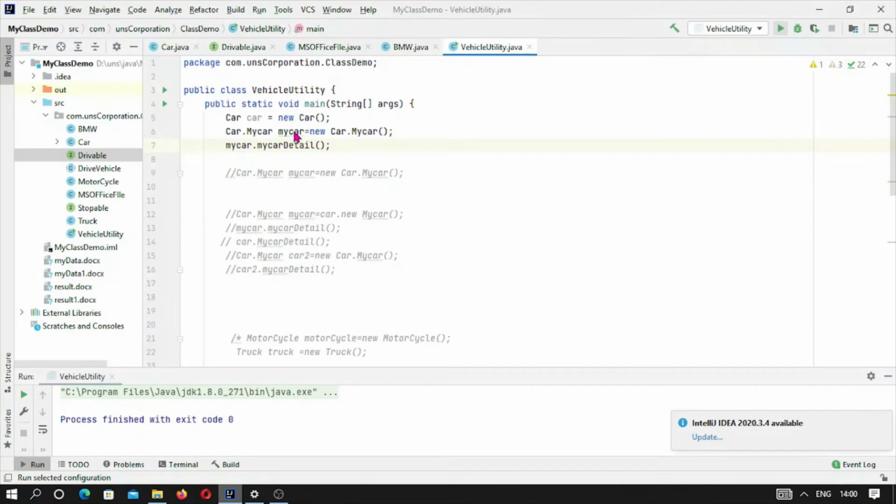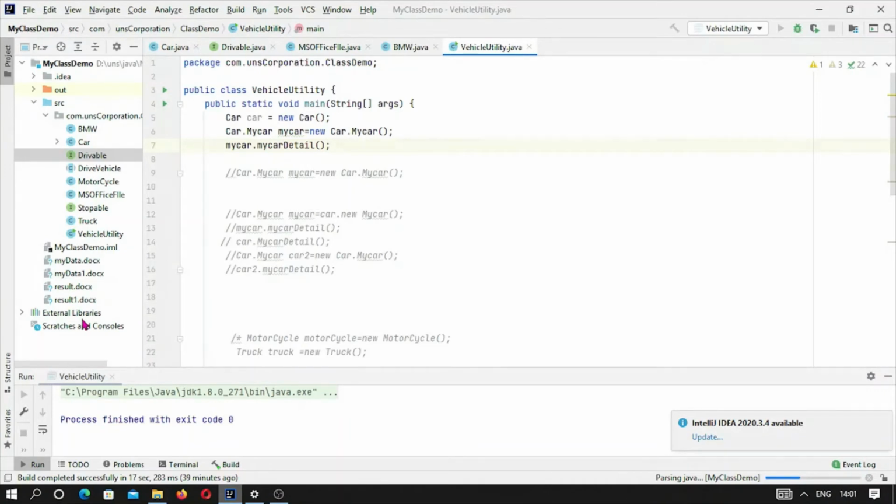Here we are creating the instance of the inner class, and always the inner class will be called with the outer class name only. Somehow it is hiding the private fields of the outer class. We are unable to see what is happening and what the fields of the outer class are, because this inner class method is calling the fields of the outer class. And now it is getting printed out in result 2.